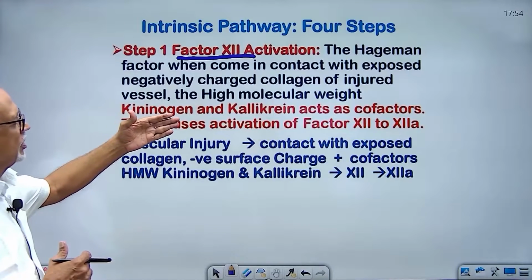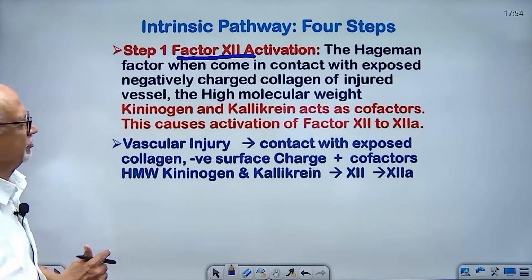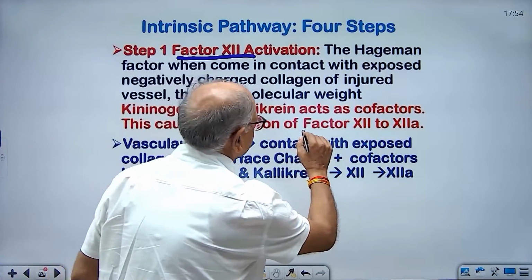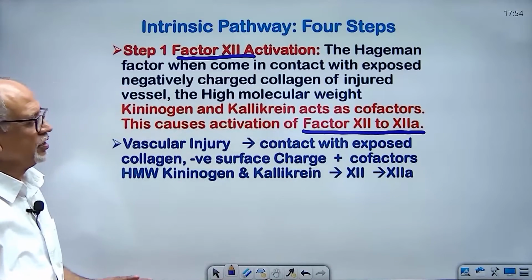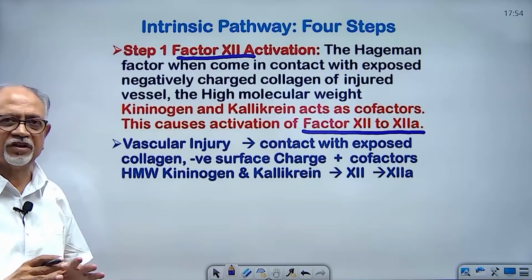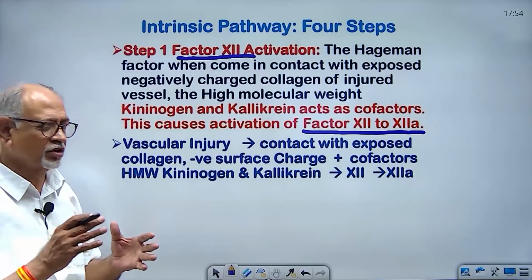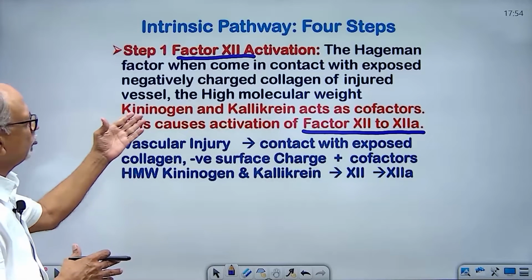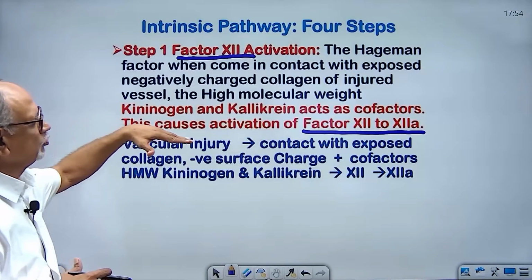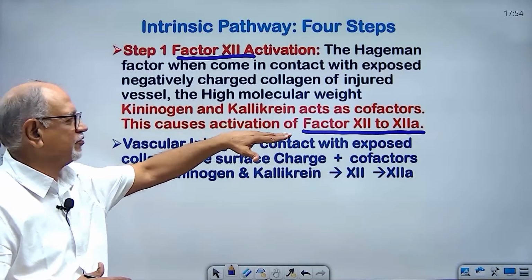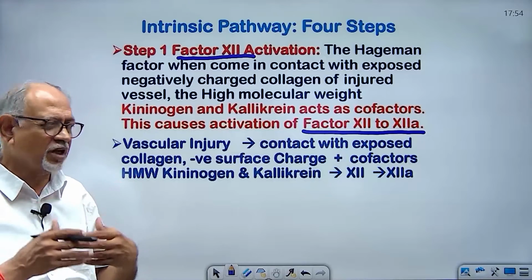Fibrinogen and kallikrein act as cofactors. This causes activation of factor 12 to factor 12A. Now, what happens? As soon as the blood vessel is ruptured, due to the negative charge on the collagen fibers, Fibrinogen and kallikrein act as cofactors, and these two convert the factor 12 into the activated form of factor 12, that is